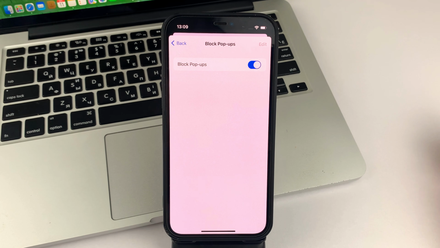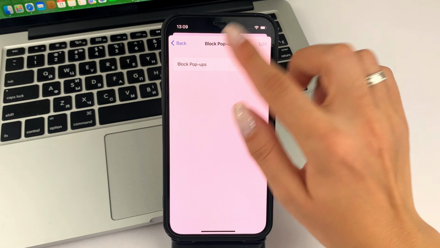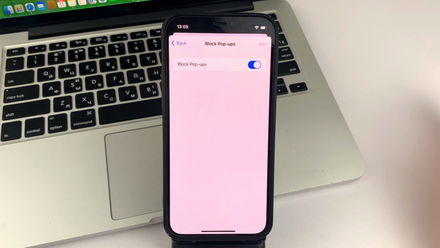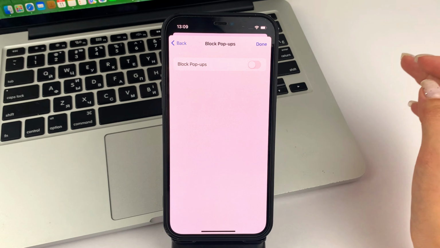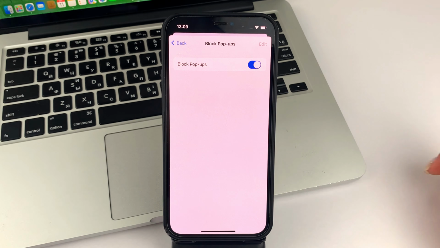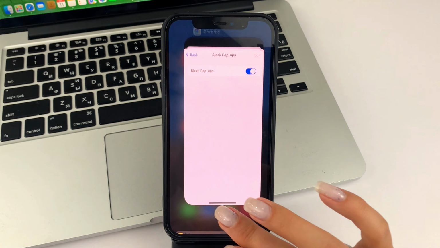And in order for you to be able to block ads in Chrome, you'll just need to activate this kind of blocker. If you have it turned off, then you'll need to activate it. Thanks to this action, Google Chrome will no longer have pop-ups with ads. Friends, this is the way you can block ads in Chrome app on your iPhone.